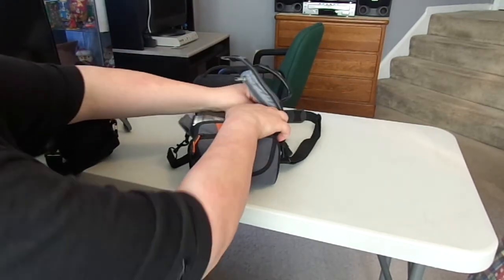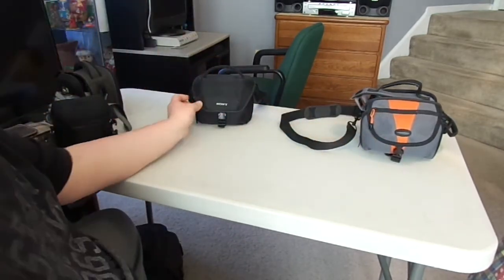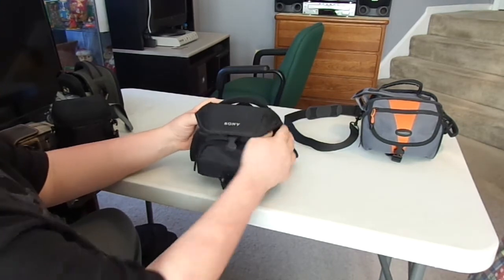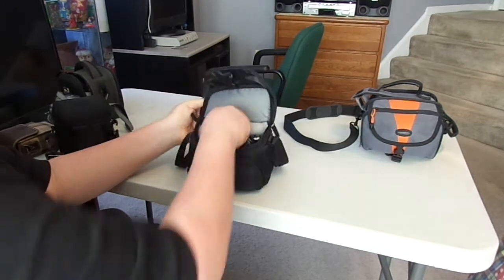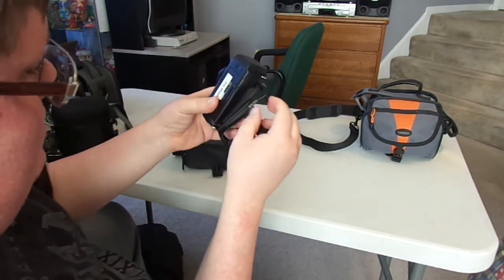And it does fit very snugly in this bag. I should get a bigger one. Alright, next we have my newest camcorder. This is my Sony HD camcorder. This one is model number...